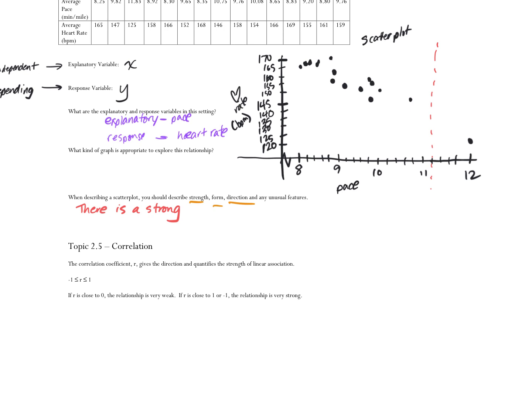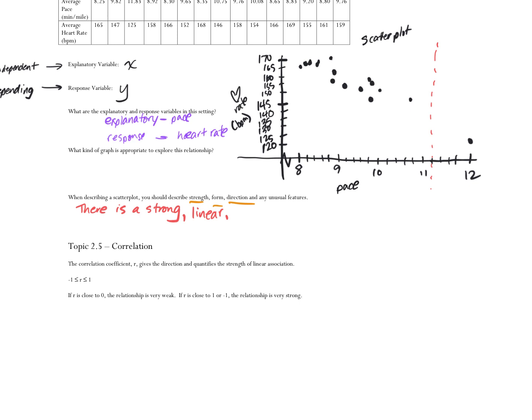Okay, talk to me about form. When we talk about form, we're just trying to decide, is it linear or is it curved? And when we look at this, even though they're not in a perfectly straight line, they're not going to be, because this is statistics and we have variability. Does the overall form look like a line is the best guess as to what these points are following? Okay? So we say there's a strong, linear